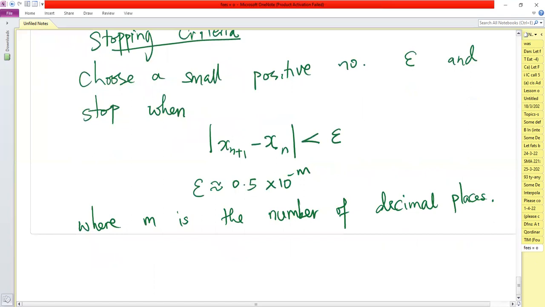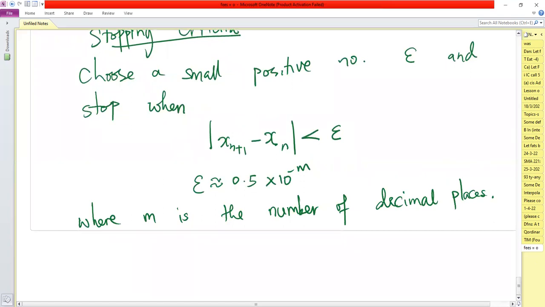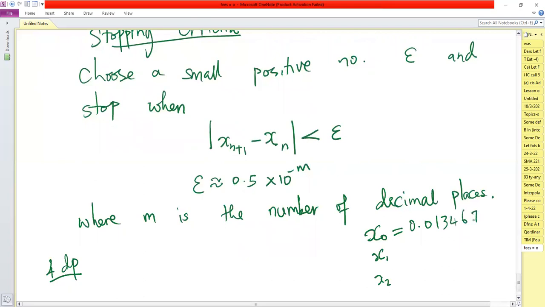So really what this condition means is that if, for example, they ask you to round off your answer to the nearest 4 decimal places, then you carry out the first iteration to get x0, the initial approximation, and then x1 gives the next iteration, x2, etc. So assuming that x1 you get 0.013467,